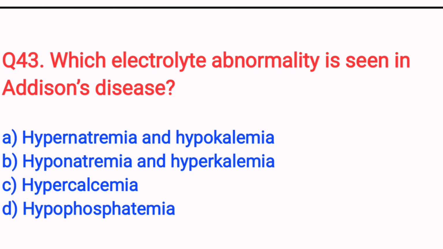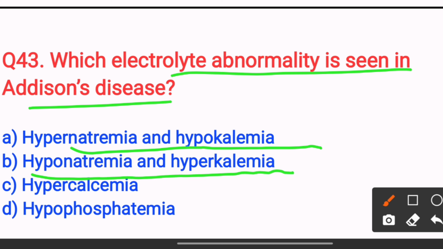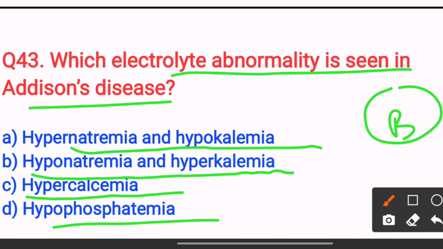Next, which electrolyte abnormality is seen in Addison disease? Option A, hypernatremia and hypokalemia. Option B, hyponatremia and hyperkalemia. Option C, hypercalcemia. Option D, hypophosphatemia. The answer is option B, hyponatremia and hyperkalemia. Next,